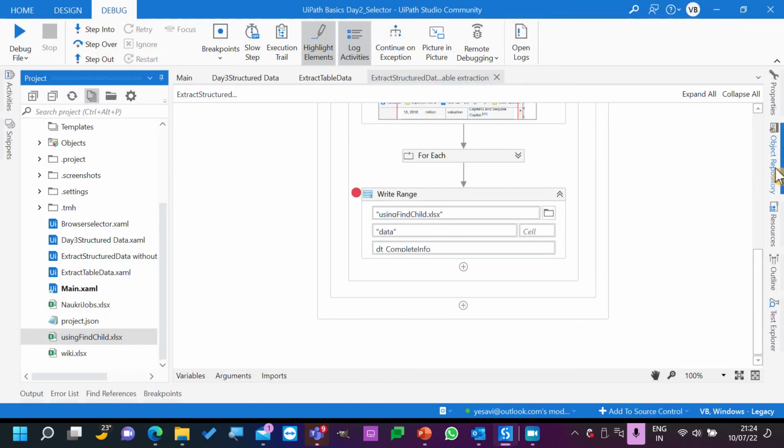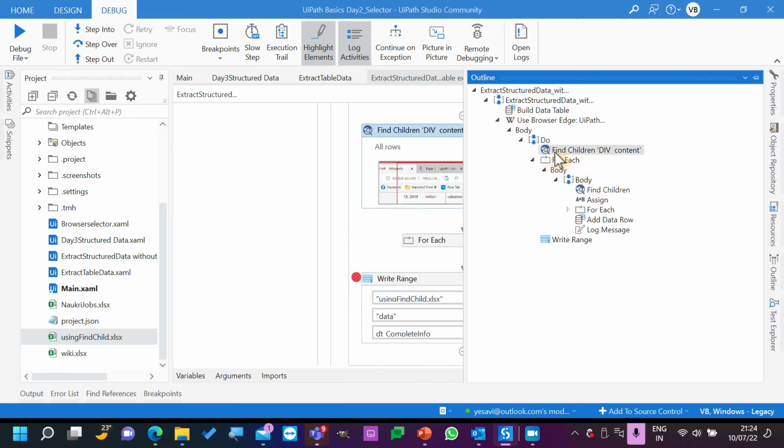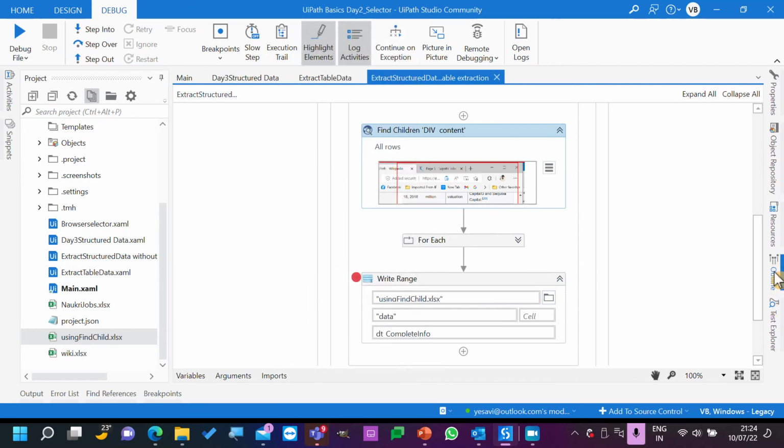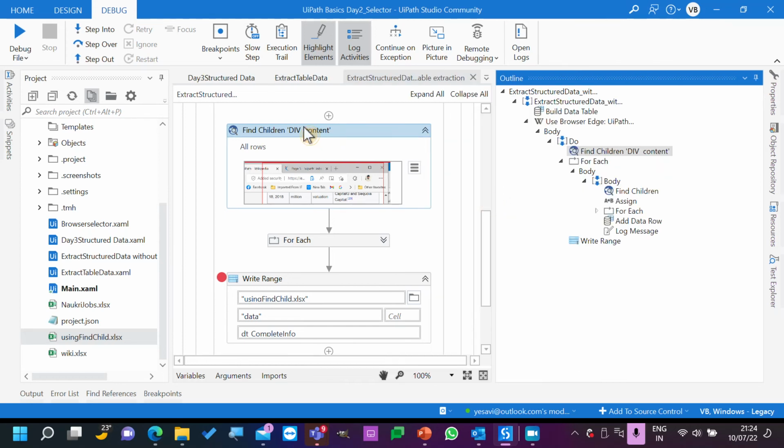Okay, I'll just try to explain the last things again. Just check, but I'll do that using find references, output, activity snippets, object repository, resources, outline. So if you observe here, this for each loop, find children, this is used to get all the rows. So I'll use this outline window. This outline window will give me only the outline, nothing else. So this will find children,